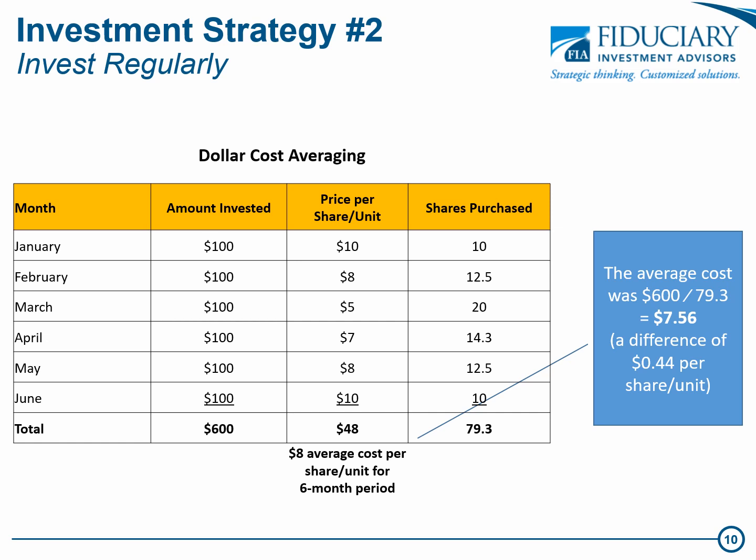For example, we invest $100 per month into our account. As you can see, the price per share fluctuated over the 6 months, ranging from $10 a share down to $5 a share. When the market went down in March, the $100 purchase bought twice as many shares. Think of this as stocks going on sale. As you can see, although the average cost per share was $8, since we invested the same amount when the stocks were on sale, our price per share was less, giving us instant gains.